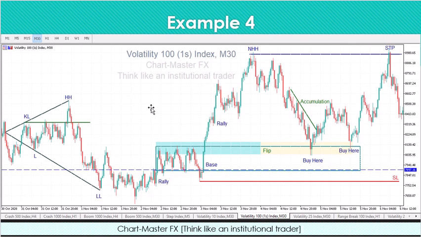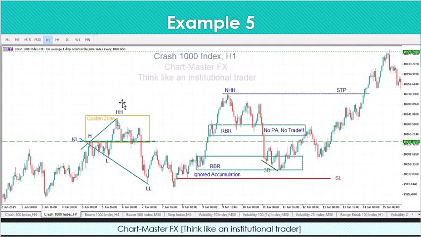Let's go to example number 5. On example number 5, guys, you can see here we have an over under, we have a low here, we have a lower low, we have a key level, we have the golden zone. So what happened is that when the price was coming here, it went and engulfed this higher high and created a new higher high. So once a new higher high is created, what your homework now would be